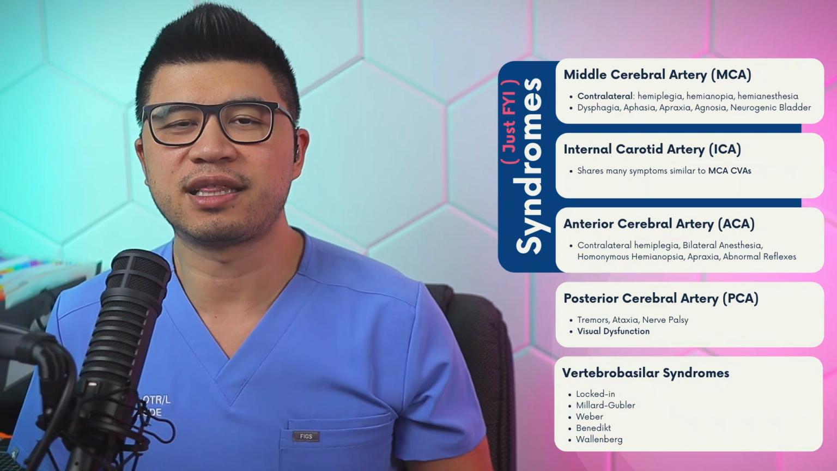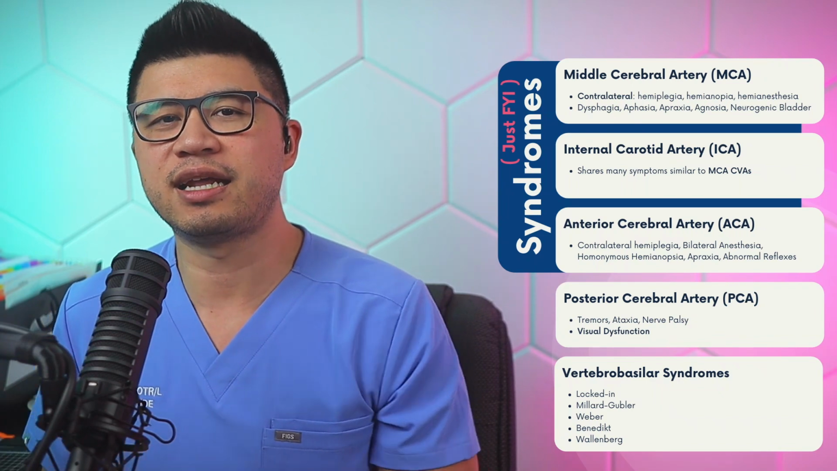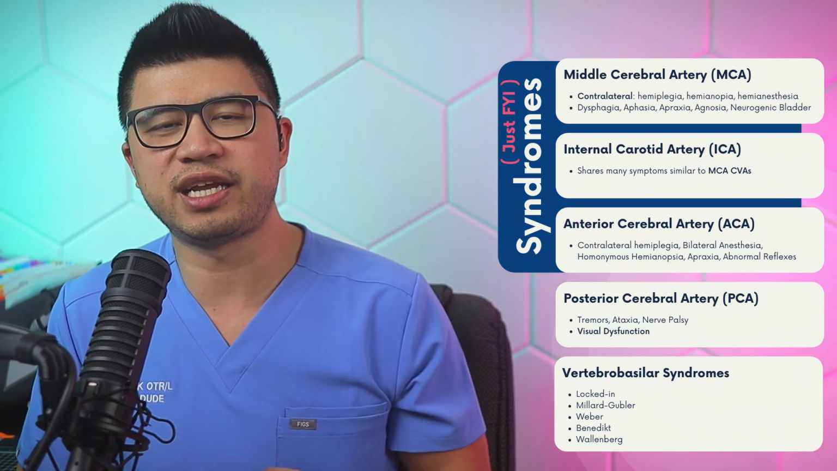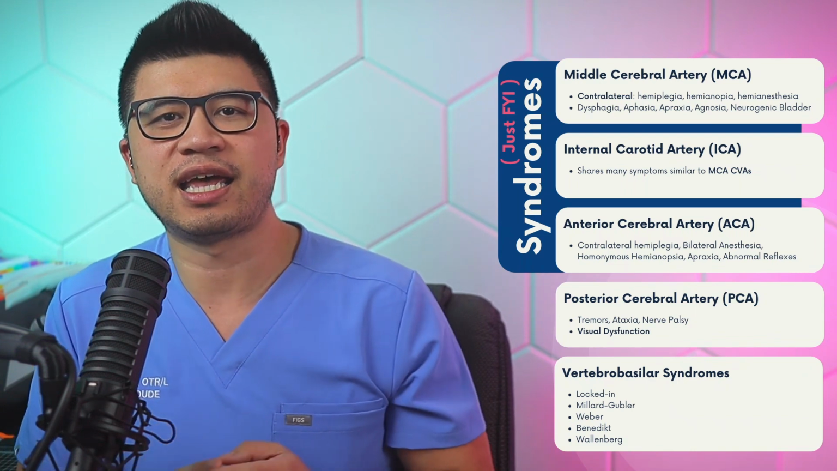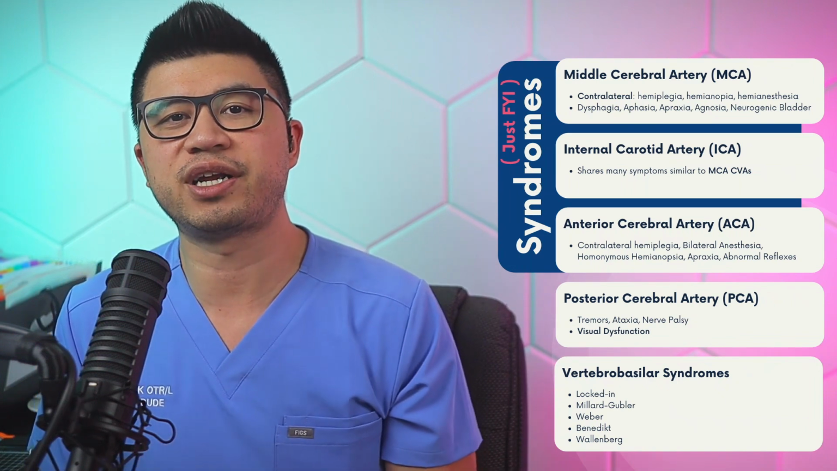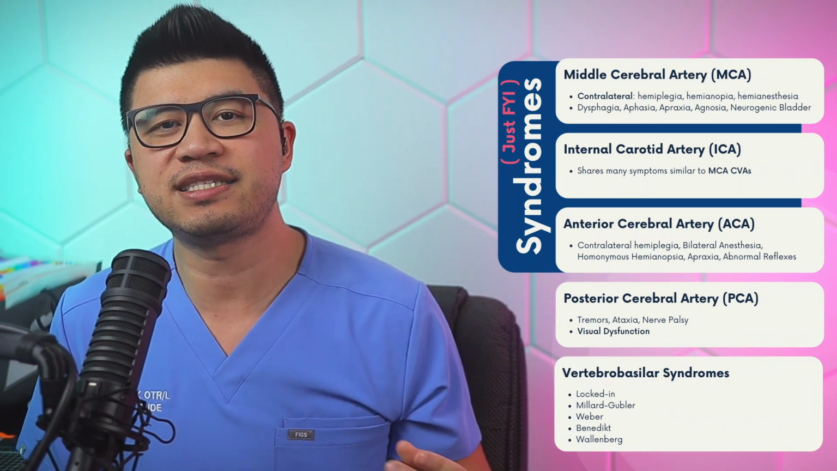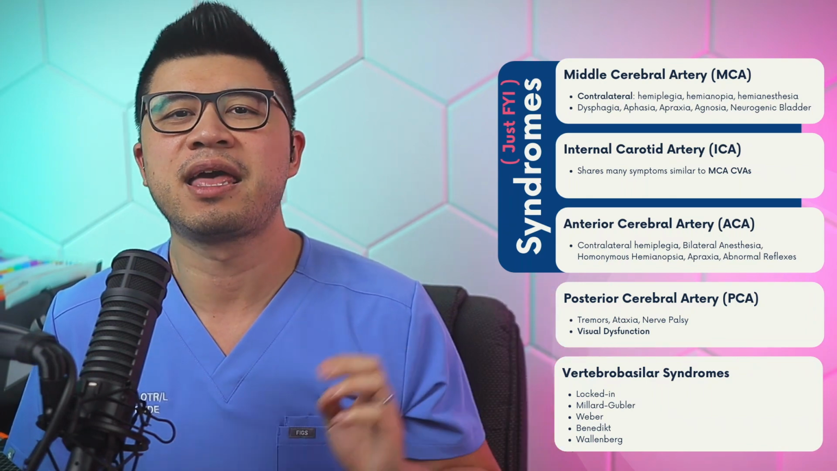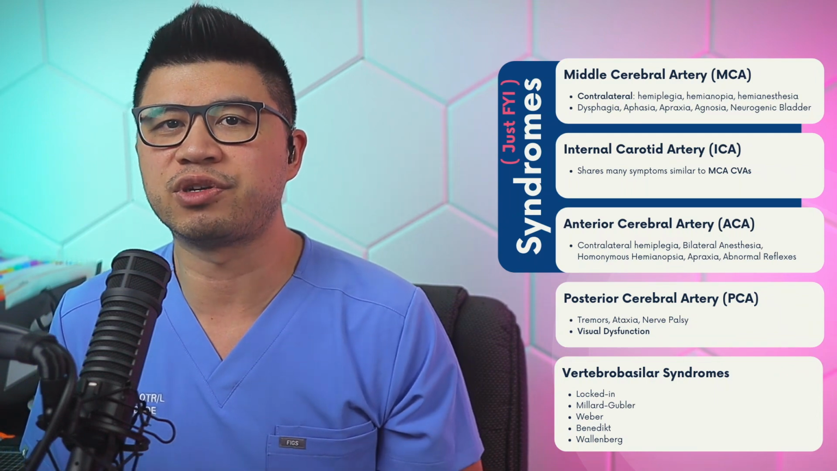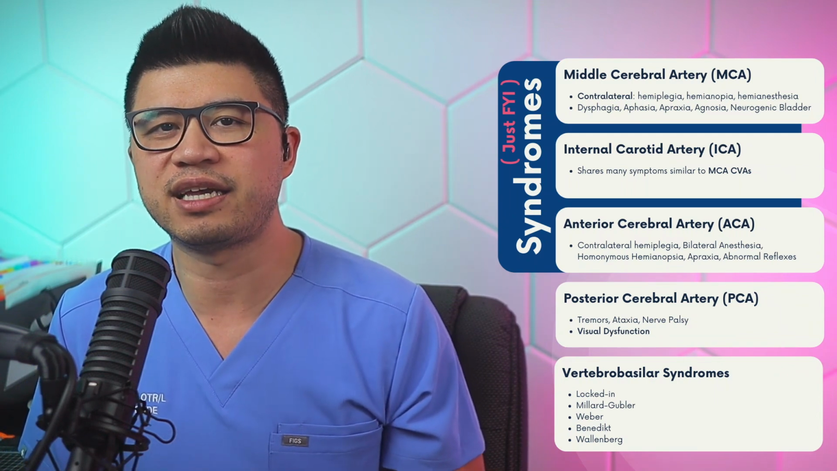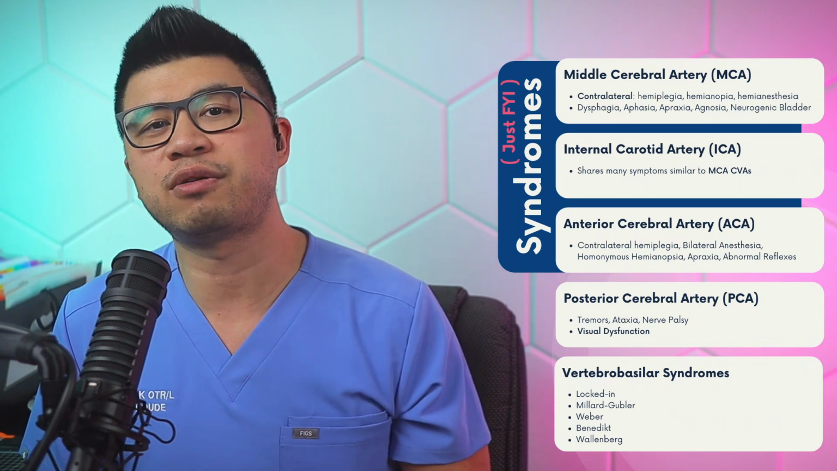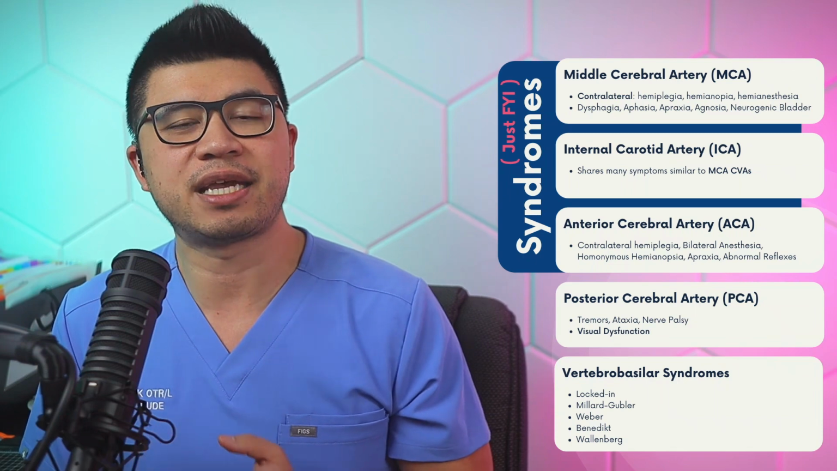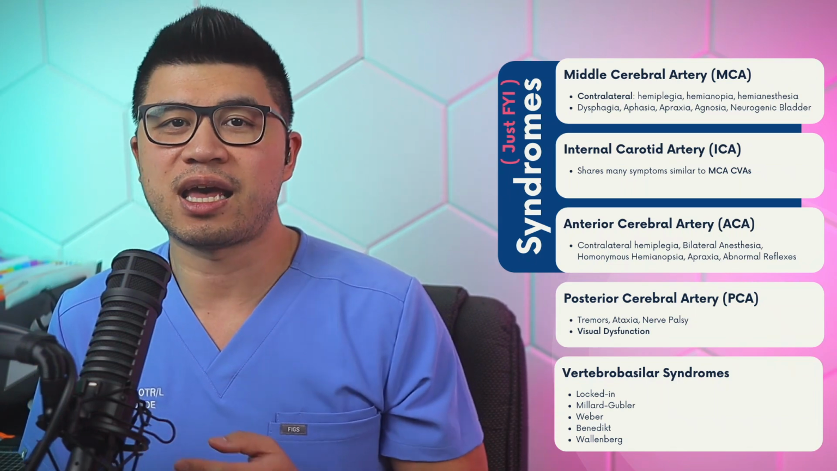To remember this, the letters C and A in MCA can remind you about the 3 contralaterals and the 3 A's for aphasia, apraxia, and agnosia. An internal carotid artery stroke, or ICA CVA, is very similar to MCA CVA symptoms. An anterior cerebral artery stroke, or ACA CVA, is characterized by contralateral hemiplegia, bilateral anesthesia, homonymous hemianopsia, apraxia, abnormal reflexes,